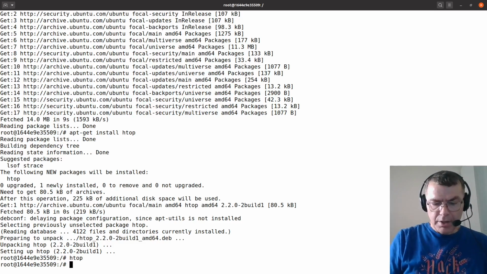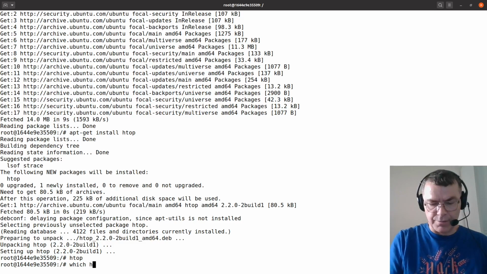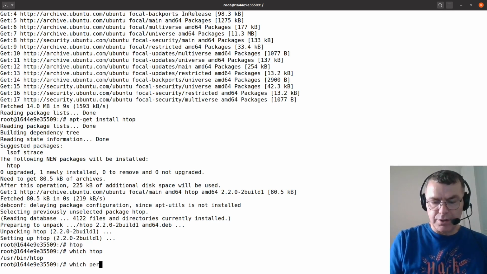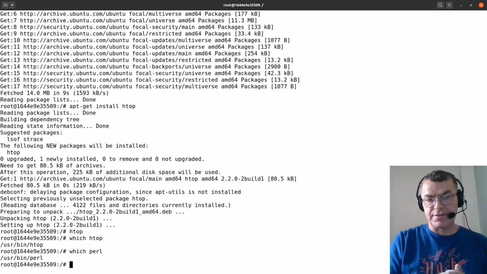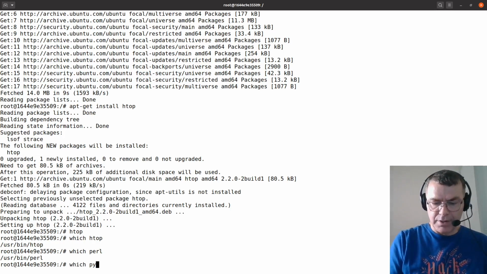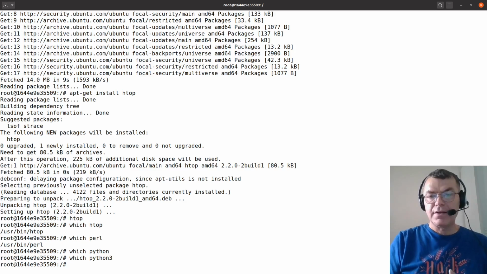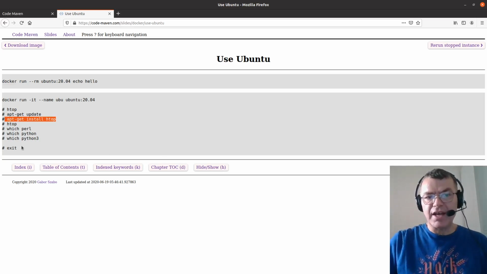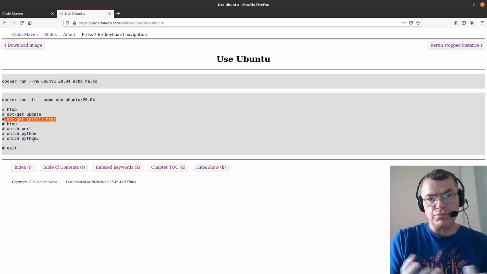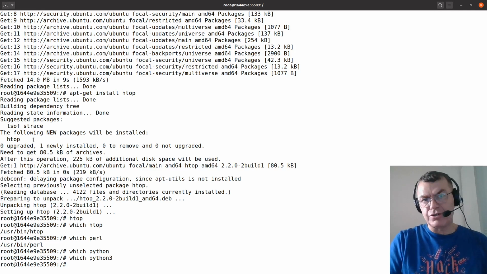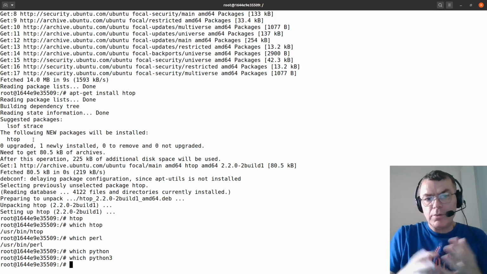Okay, so that's htop. Now we can also use the which command to find the locations of various other commands. So which htop would show us where htop is installed. But we can also ask where is Perl installed. So you can see that Perl is installed as /usr/bin/perl. We can also ask where is Python installed, and you can see, oops, there's no Python. Okay, so maybe there is a Python 3. We don't have that either. So it's no problem. Of course we can install all these things. I just had these ideas of checking software. So Perl comes by default in this Ubuntu, Python neither version 2 nor version 3, and probably not a